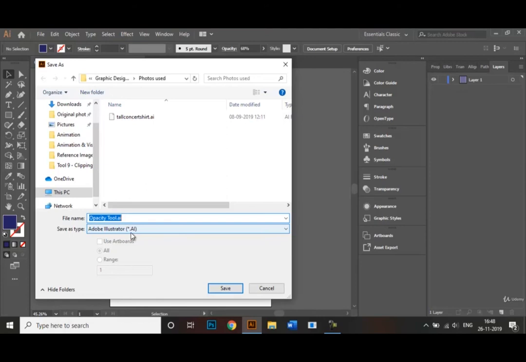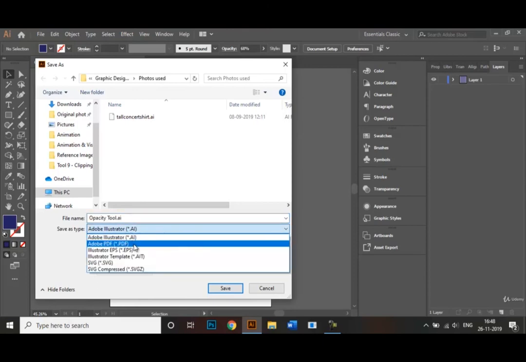So you don't have to keep making a new document every time, and this will save you a lot of time, right?